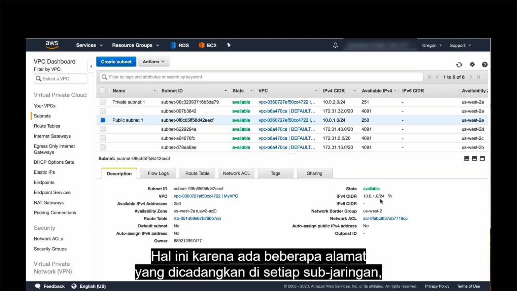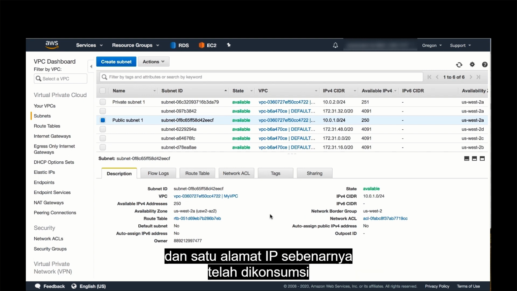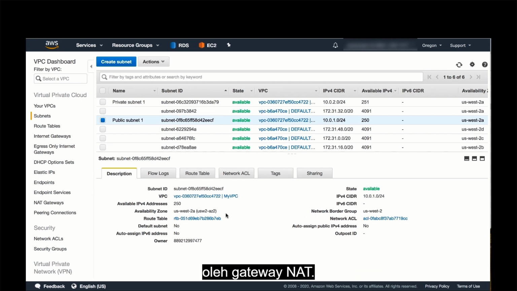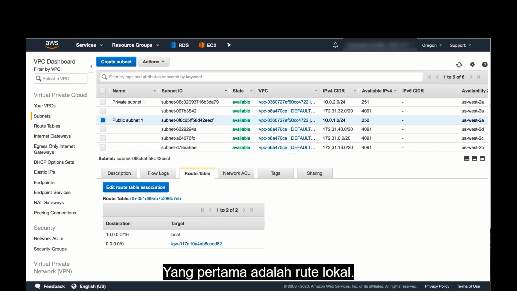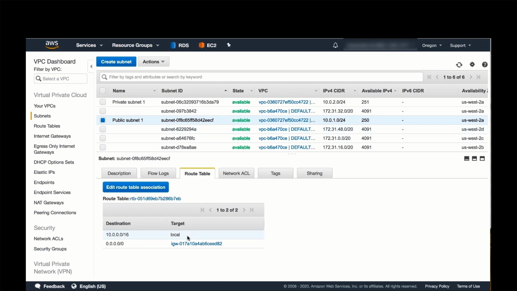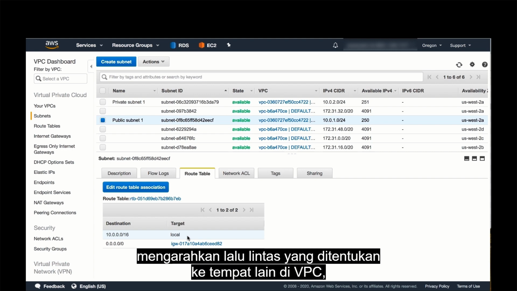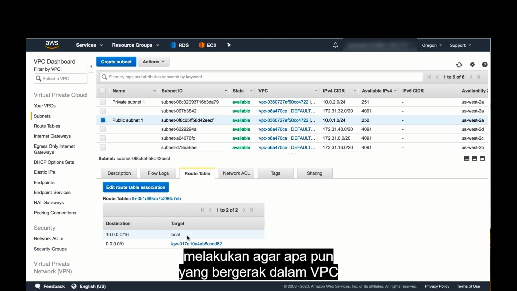This is because there are several reserved addresses in each subnet, and one IP address has actually been consumed by the NAT gateway. That's why we get to see 250 instead of 251. When we select the route table, we get to appreciate two entries over here. The first one is the local route. The local route with the target local directs traffic destined for elsewhere in the VPC,